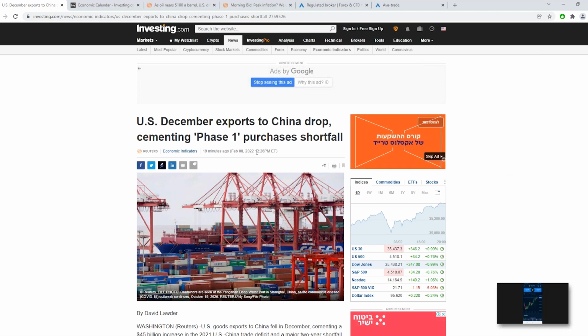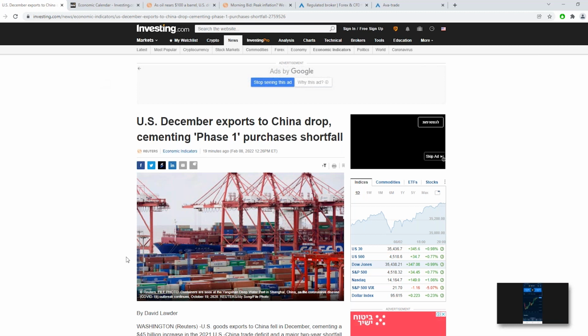And some headlines we've seen, we've heard enough about tensions between U.S. and China in the past months. Now, what we're looking at here is some of the promises that China made to the U.S. when Trump was president, regarding promises to buy exports out of the U.S. into China, some of the trade deals that Trump was negotiating when he was still in there. Turns out China didn't live up to their promises.